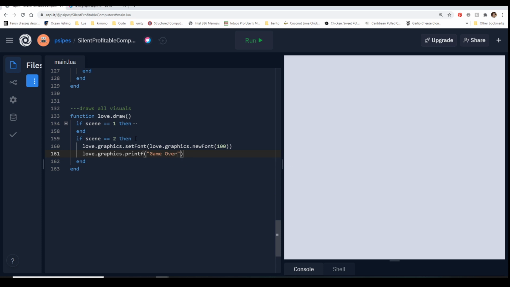Now, where do we want to write it? Well, we want the top left corner to be somewhere around 0 and 200. And we want to give it a rectangle, so we want to give it a width for which it can write. In this case, we're going to say 800, or you could say the screen width if you wanted to actually be a good person. And then we're going to say, hey, center it in this 800.